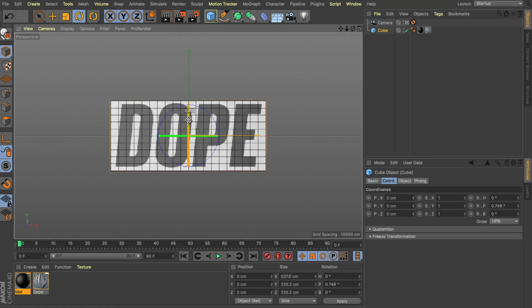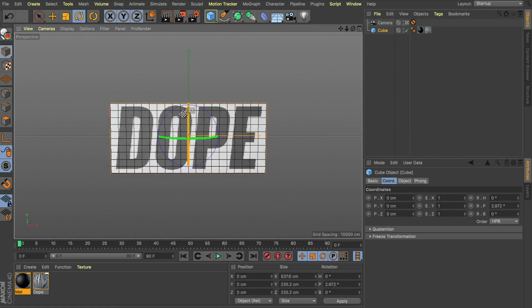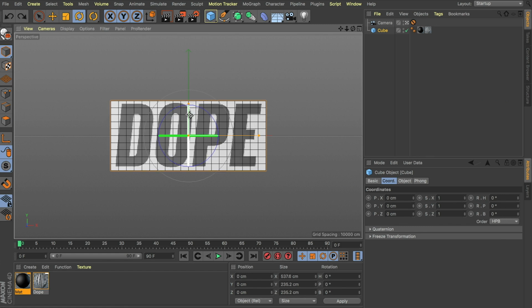And with our cube selected, I'm just going to rotate a little bit because this is the direction we need it to go. And you can see in our coordinates here, it's actually our pitch that's rotating. So I'm just going to zero that out for a second and add a keyframe just to that pitch parameter. Now, before it does spin, I want to build up a bit of that anticipation that we're going to be using the deformers for. But for now, we're just focusing on this actual rotation. So I'm going to add another keyframe to pitch at 10 frames in. And all that's going to do is just hold that for that initial 10 frames for us.